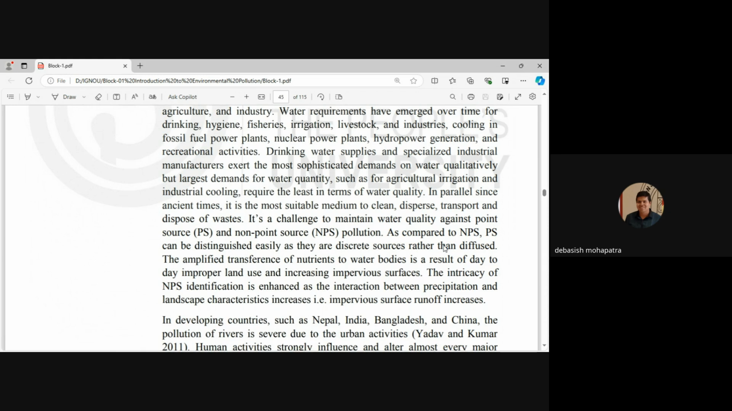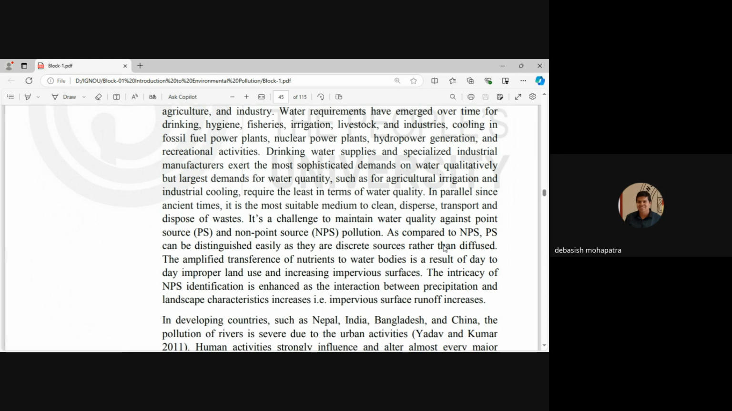In parallel, since ancient times, water has been the most suitable medium to clean, disperse, transport, and dispose of waste. It is a challenge to maintain water quality against point sources and non-point sources. As compared to NPS, PS can be distinguished easily